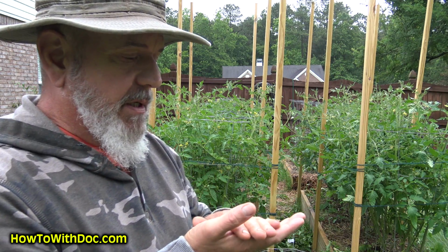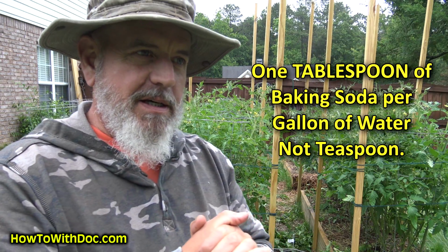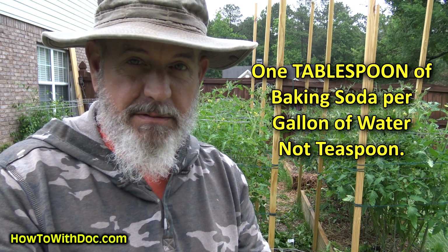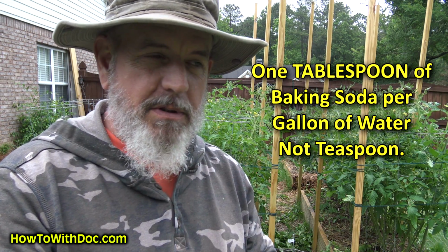Well, one way to do it is to take baking soda, not baking powder, baking soda. And you take, I think it's 1 teaspoon per gallon. Shake it up, shake it up, shake it up. Maybe even put in a drop of like Dawn, or a drop or two of surfactant if you have surfactant